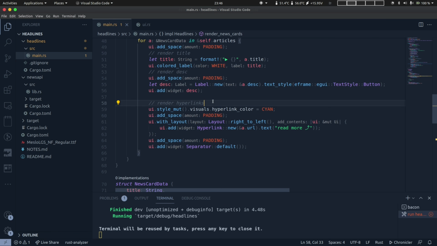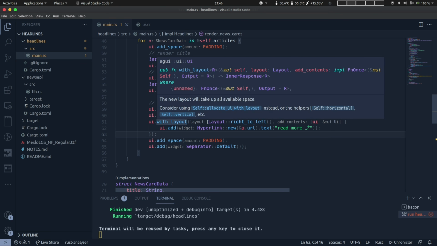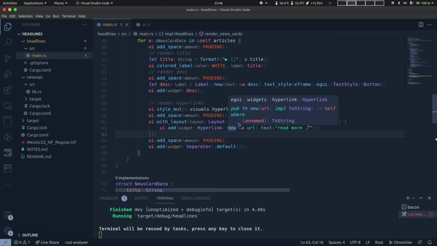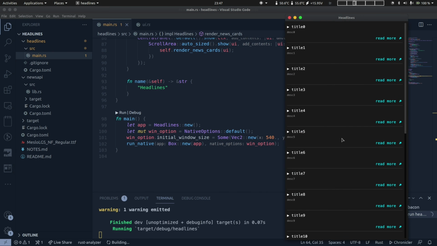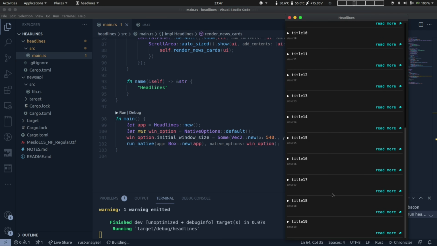And then we come to hyperlinks, where before rendering the hyperlink, we change the visuals of the hyperlink color to be the cyan color, and then add a bit of padding, and then within a new layout area that aligns items from right to left, we then add our hyperlink within that. And then there is a padding at the end and a little horizontal separator so we can distinguish each news card from the other. So with those changes, our app looks something like this, which is already looking pretty good so far. Next, we'll try to add the header, the top header for the app, and also a footer,